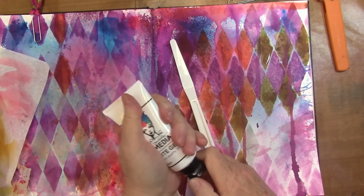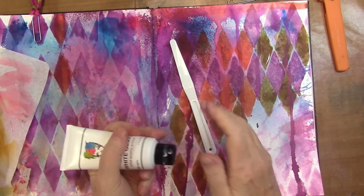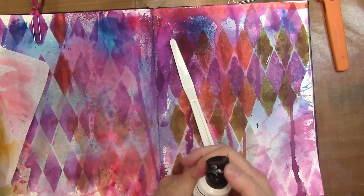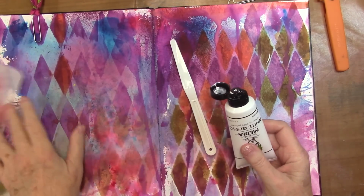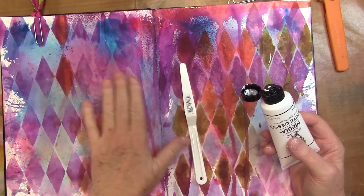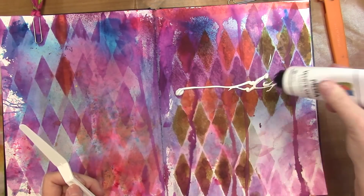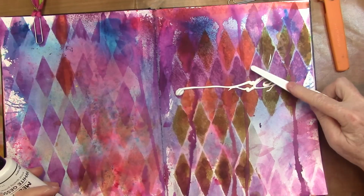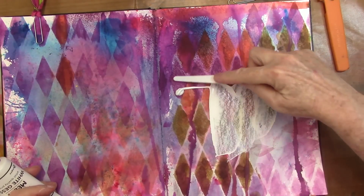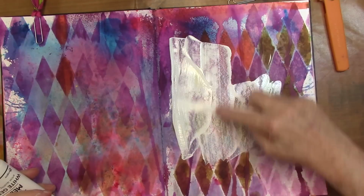The first thing I know that I want to do is push some of this background back, and to do that I'm going to use gesso and just a palette knife, because remembering that this is water soluble, I'm just going to smush on some gesso, and rather than brushing it, and really you could use a credit card for this, rather than brushing it,